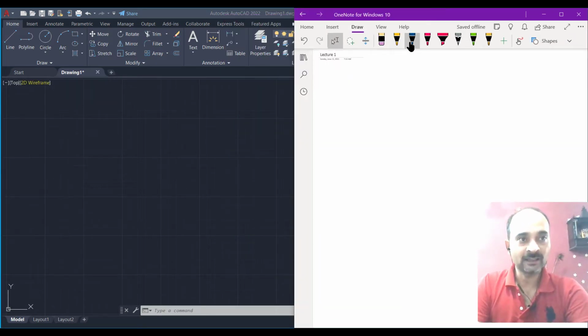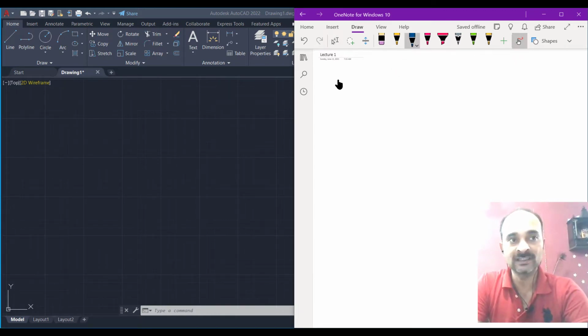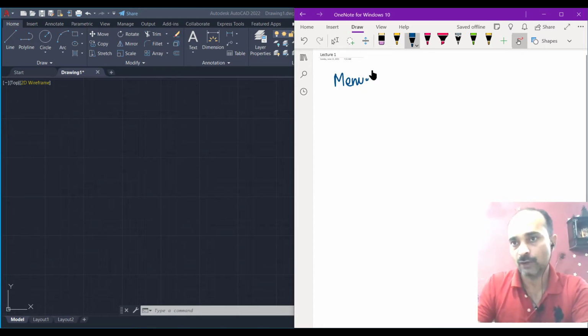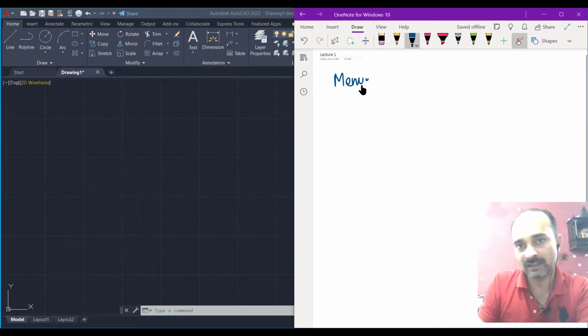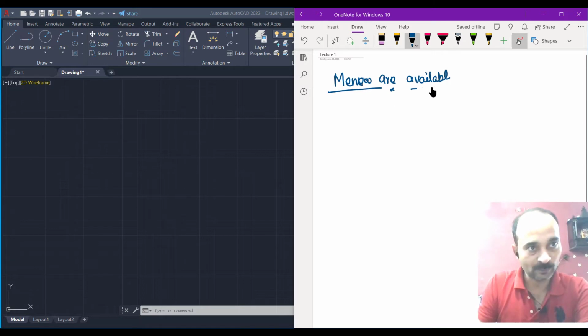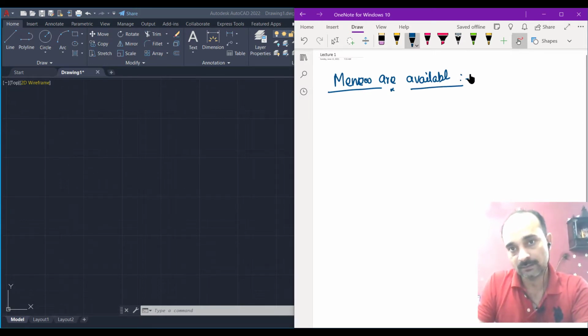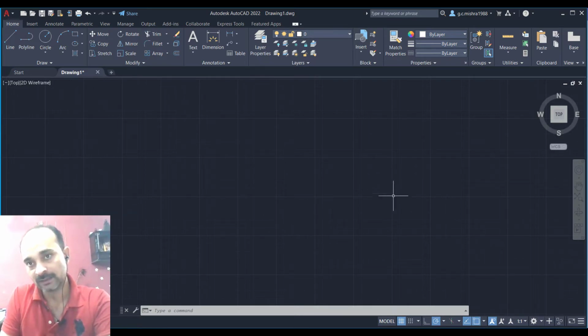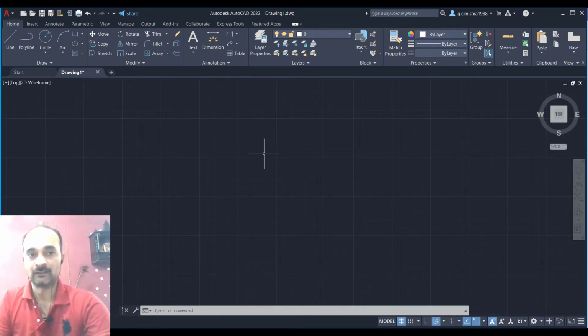Basically in the interface, at the top left corner you will see an icon that is called the AutoCAD menu. I will be telling you what types of menus are available in AutoCAD. Basically I am going to cover the interface of AutoCAD.